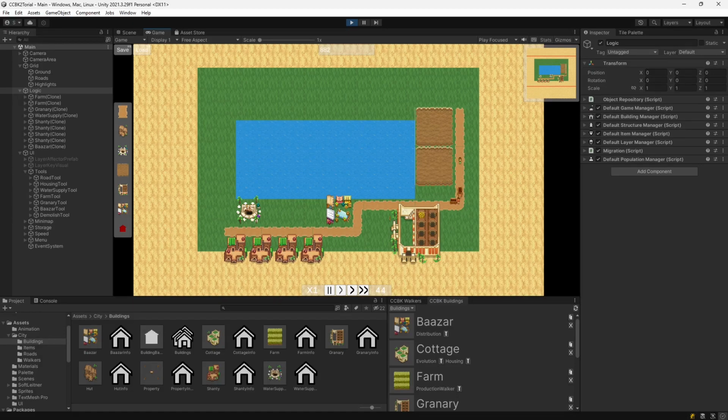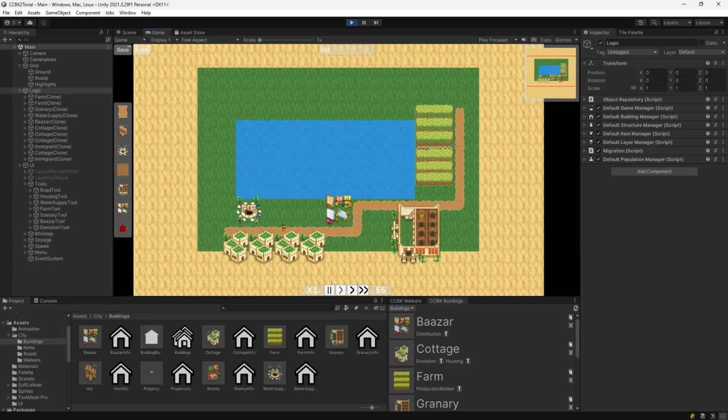Welcome to the 2D City Builder tutorial for the Classic City Builder kit from Softlightner. This video and the accompanying manual page will guide you through the creation of a basic city builder. Most of this guide also applies for 3D games. To see how the visuals for 3D games can be set up, please check out the 3D demos included in